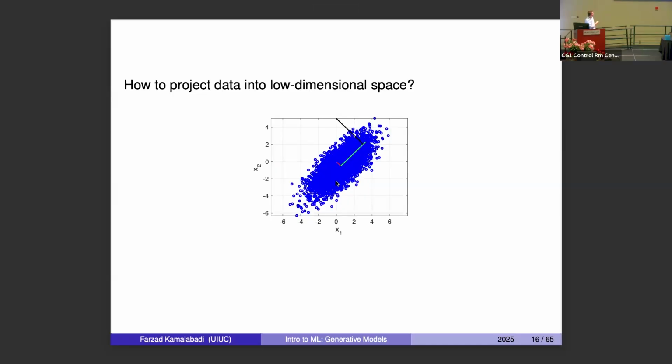So here's an example. You get the first direction, and here's the second direction, that red line, which is the second largest direction of dispersion, and it is perpendicular to the first one. Okay. Now, how about when new data comes in? Suppose you have a data point over here. And the idea is now you want to project that into that space. What do you do in that case? In other words, you want to go back to the original coordinates. You have a new data point. You want to project it first into the reduced dimension, and then eventually you want to go back to the original. What do we do?